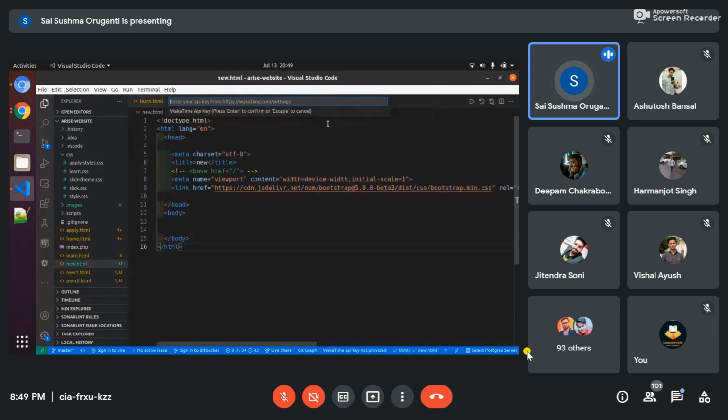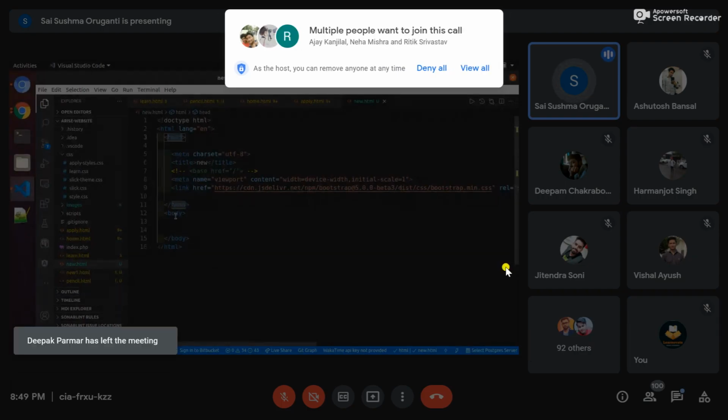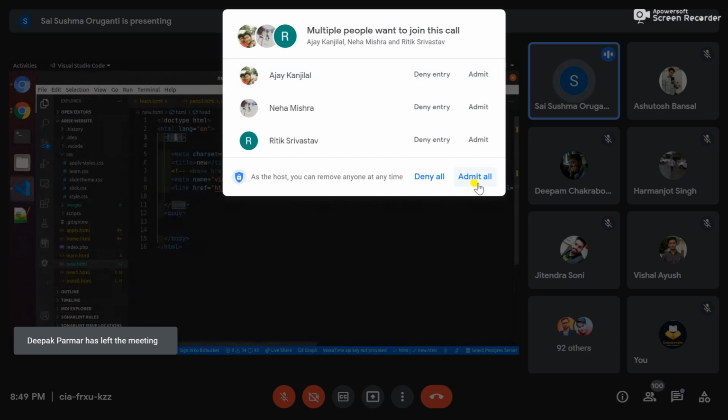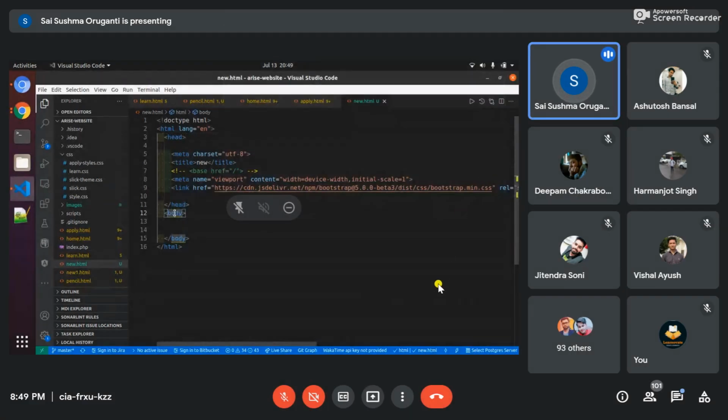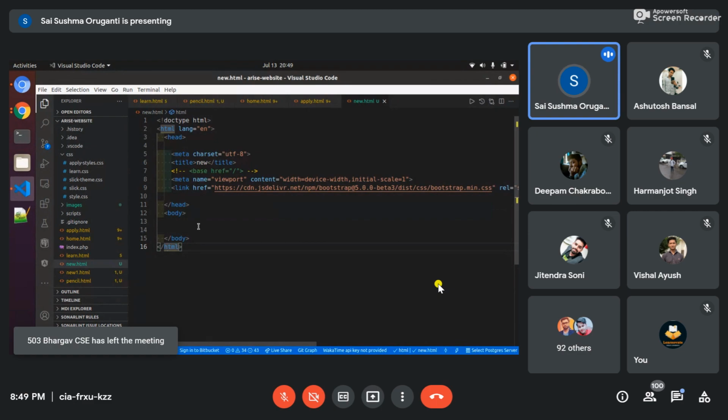So here I'm writing this. This is the doc type. I have told you, right? The whole HTML code, it tells the browser that this is the HTML document. So this is the head part and this is the body part. Inside the head part, we will write title, scripts, styles and all. Inside the body part, we will write the content which has to be displayed inside the website. And this is the HTML page. We will close or open.